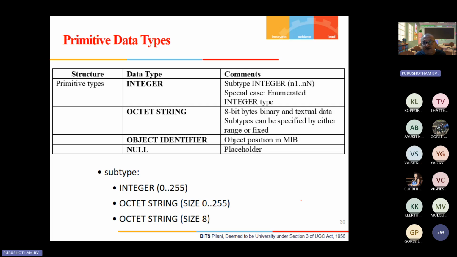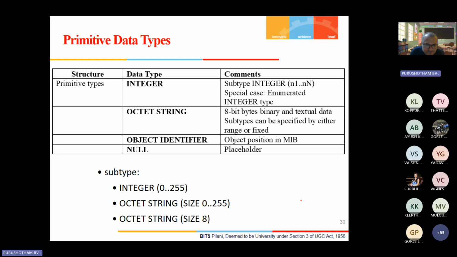Octet string is nothing but 8-bit bytes; binary and textual data, with subtypes specified by either a range or a fixed size. To represent each character, there is an octet, an 8-bit number representation. That is nothing but the ASCII value.